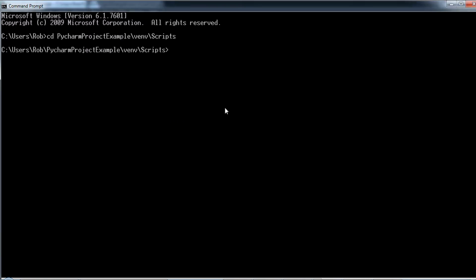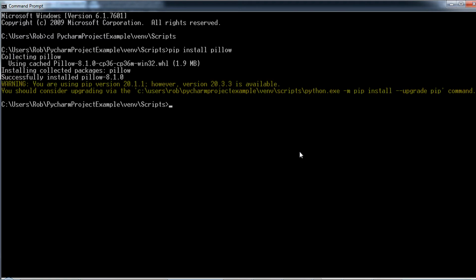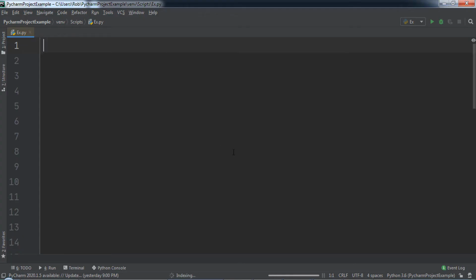We will type pip install Pillow. When we hit enter, Pillow will begin installing in this directory. Before we can proceed further with this lecture, we need to wait until this process finishes. Once the installation finishes, we can go back to PyCharm into the Python script that we have been working with